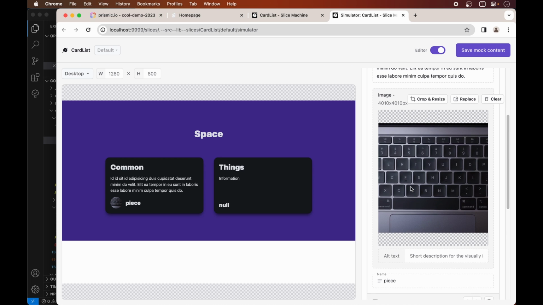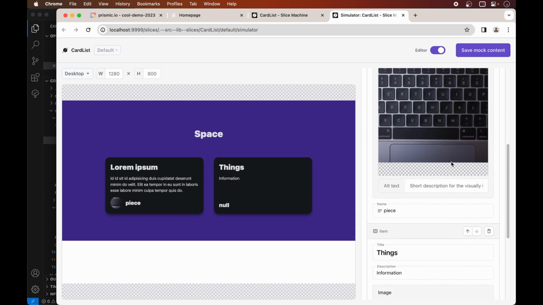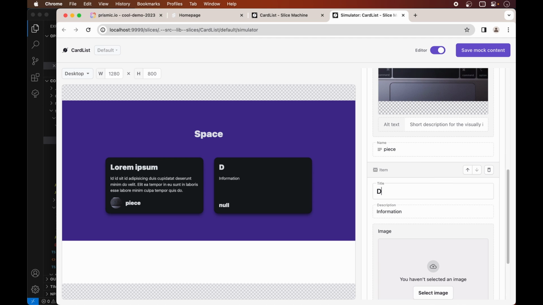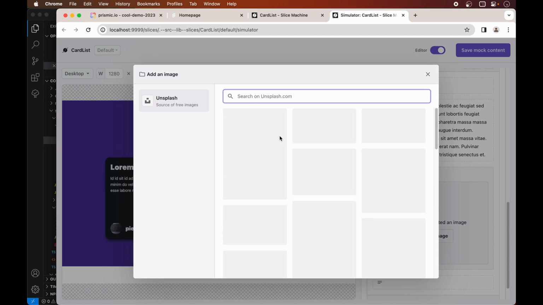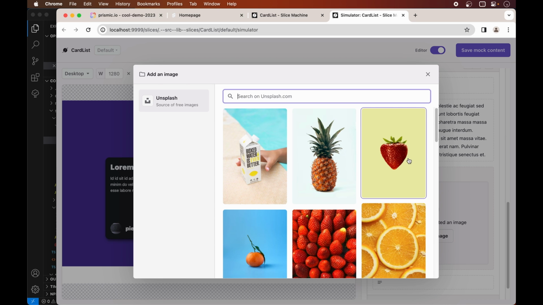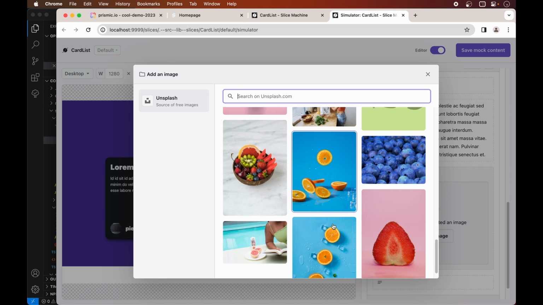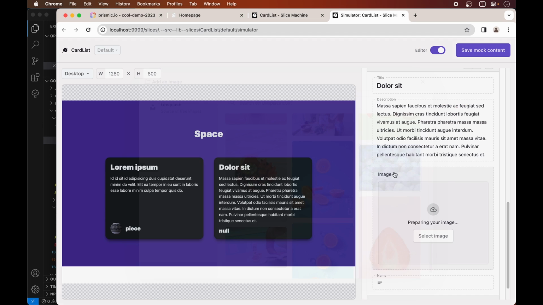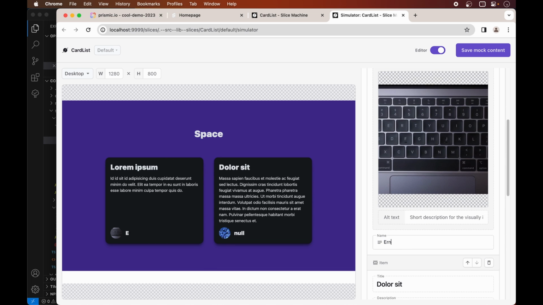Now let's actually put some real content in here. Lorem ipsum dolor sit. We've got some lorem here, lorem 2. There we go. I just have a shortcode programmed for that. We can get placeholder images sourced straight from Unsplash. Let's see. Let's go for blueberries. And let's say Ernest Hemingway,